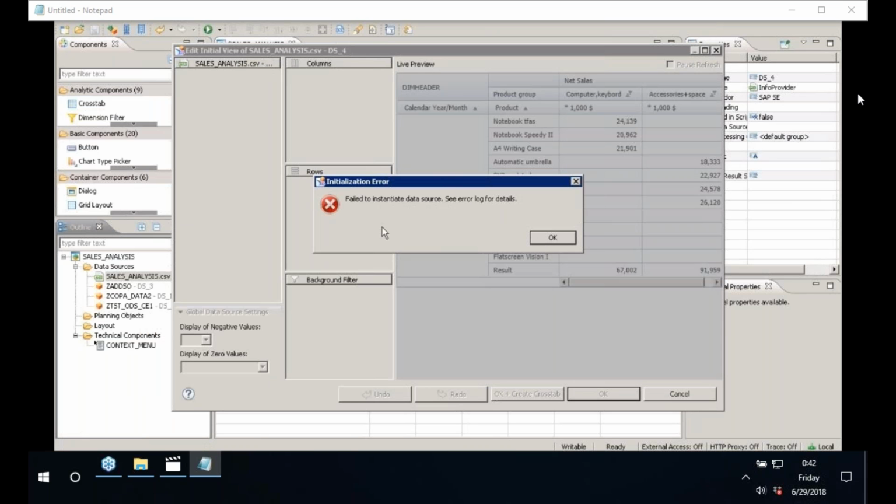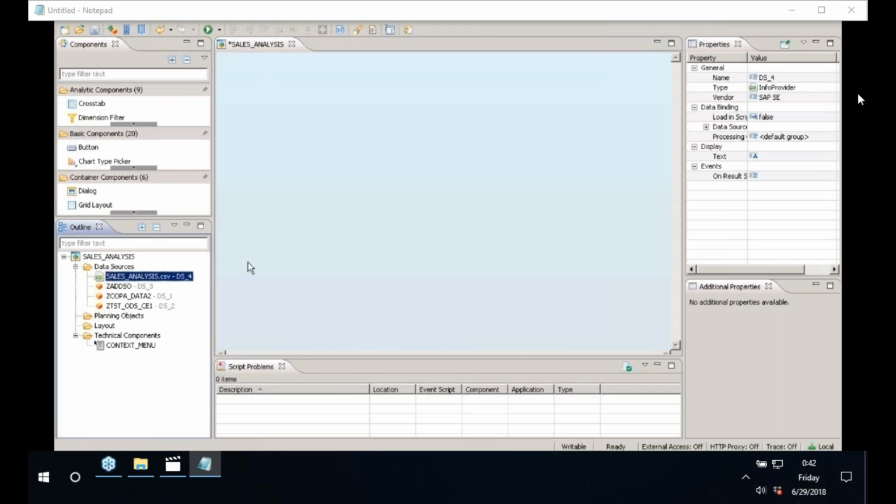There's some error over here. I'll try to show this in tomorrow's session. I think there is some error coming in. So tomorrow I'll show you the Design Studio. So what I'm trying to show you in today's